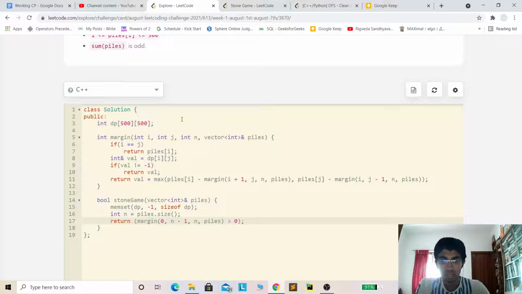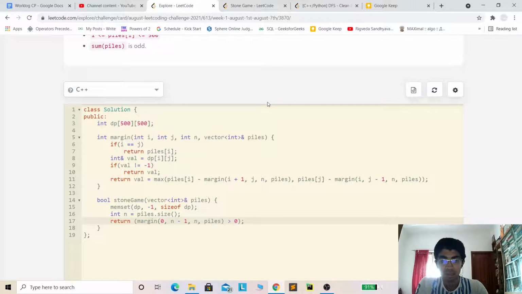So it's DP of i, j, where DP of i, j represents the difference in the scores of Alex and Lee. Here Alex starts first, so DP of i, j means, given an array which starts at the ith index and ends at the jth index, what is the difference of the scores between Alex and Lee.